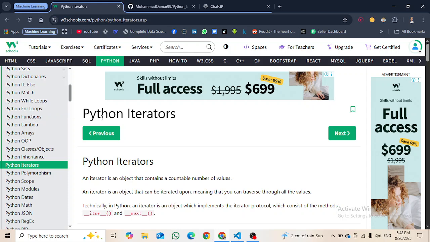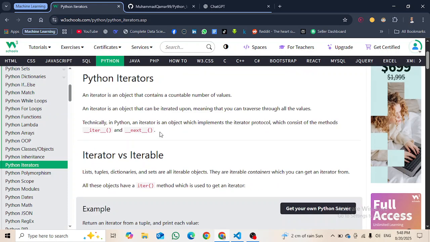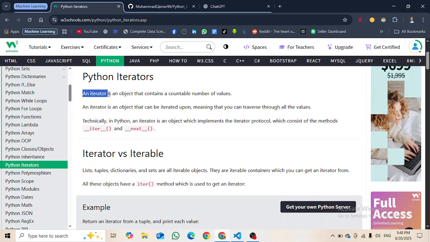Okay, so today we are going to learn about iterators. So what are iterators? An iterator is an object that contains a countable number of values. An iterator is an object that can be iterated upon, meaning that you can traverse through all the values.